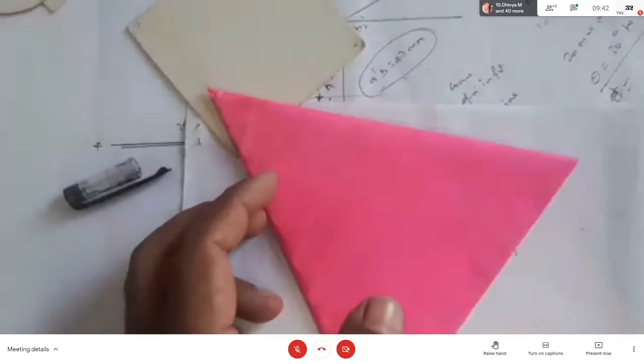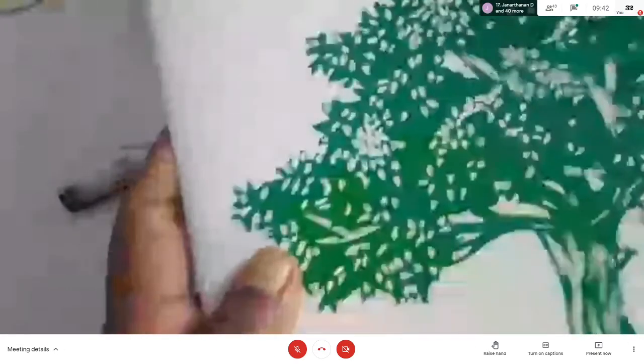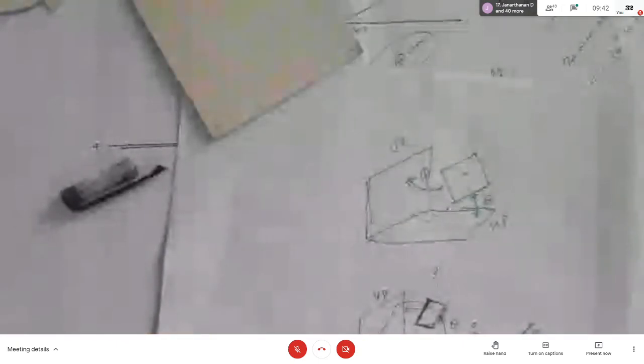Just imagine there's a note like this. You can keep it like this. This is your horizontal plane. This is your vertical plane. You keep this object; if it's a rectangle, you can keep it like this and try to visualize what you will get in the front view and what you will get in the top view. Like this, you can visualize very easily. Don't skip this. It will be difficult for you, and further topics will be very complicated for you.